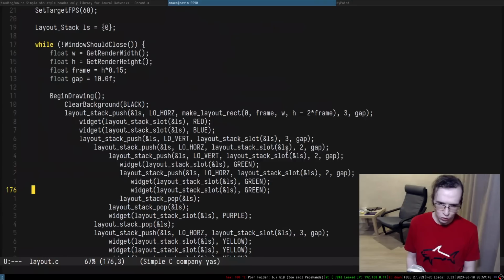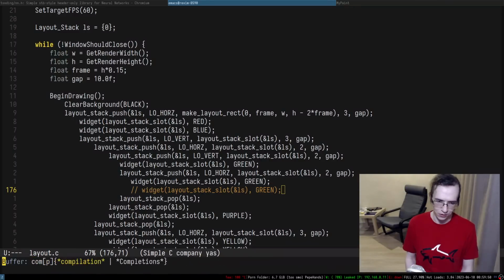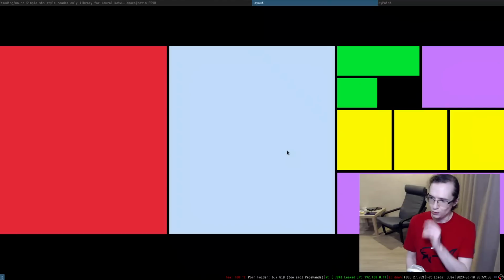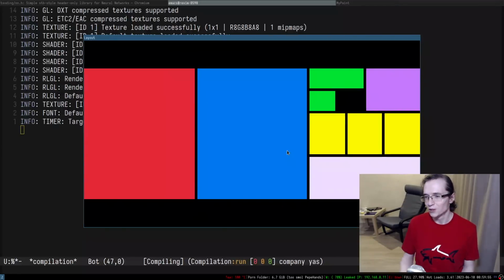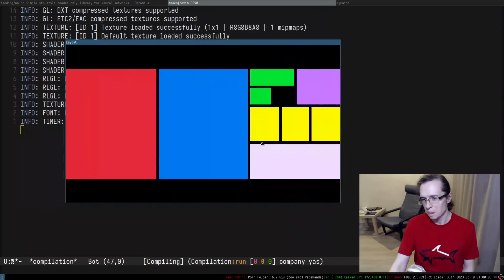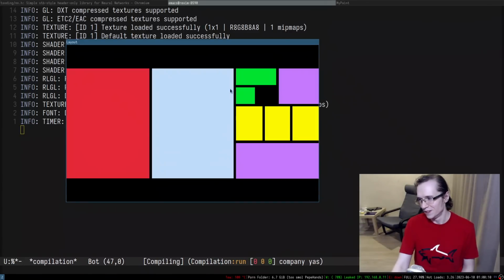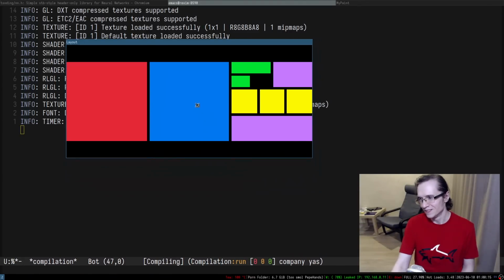What's interesting is, what if you declare how many of these things you have in here, right? So here we declare how many things we have, but what if we don't provide enough of these elements? One of them is going to be empty, right? And this is actually kind of useful. You just don't provide one of the things, and you can skip some of them even. And it doesn't even interact because we never call widget on that.